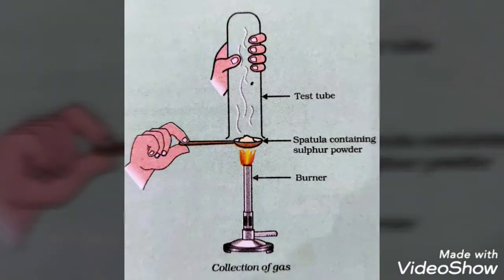Now the answer to this would be, when sulfur powder is burnt in the air, sulfur dioxide is formed. For the first part, sulfur dioxide gas does not have any effect on the dry litmus paper. For the second part, sulfur dioxide gas will turn the moist litmus paper from blue to red, as the contact of sulfur dioxide with water turns it into sulfurous acid, which will exhibit acidic properties.